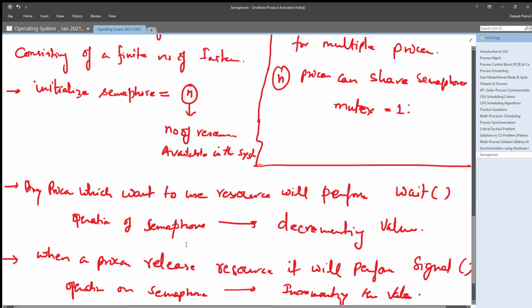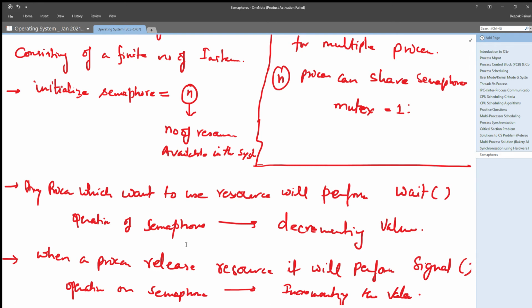That means it will simply decrement the value of that semaphore. Now if one process is using one instance of that resource, the new value for the rest of the processes will be n minus 1.